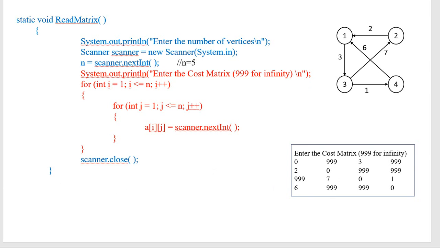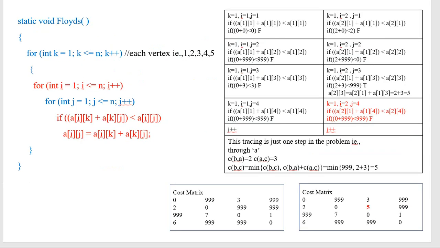What does this K loop indicate? The K loop indicates that for each of the vertices, from vertex 1, what is the shortest distance to 2, 3, 4, 5; from 2, the distance to 1, 3, 4, 5; from 3 it's 1, 2, 4, 5; from 4 it is 1, 2, 3, 5; and from 5, 1, 2, 3, 4. For each vertex that is indicated with the K loop, and I and J are just to traverse inside this matrix, so we need two for loops.